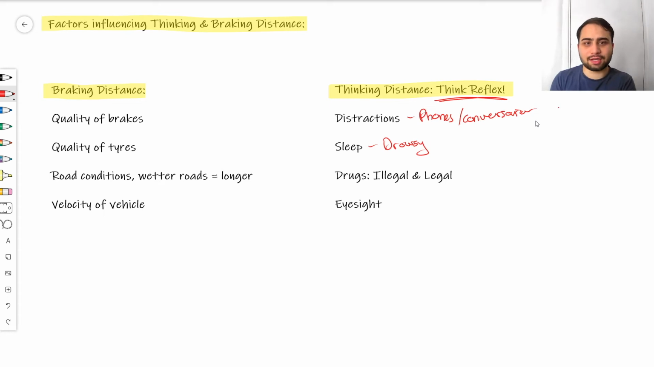Next we have drugs, right? So a lot of people will just jump straight to illegal, and that makes sense, right? If you're on party drugs and you're driving, you're going to be all over the place and you can't really react easily. But it can also be legal drugs, such as those you would take after an operation,